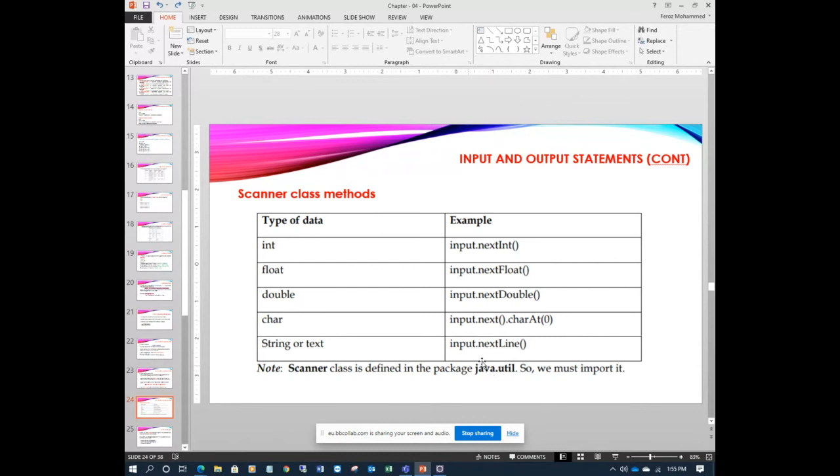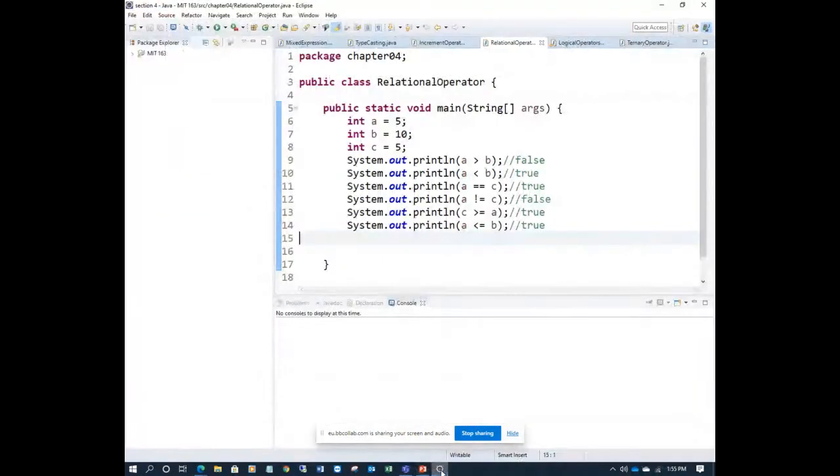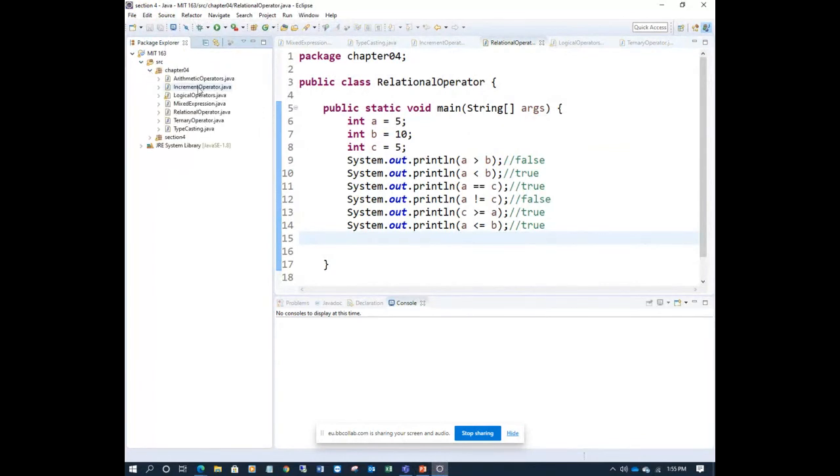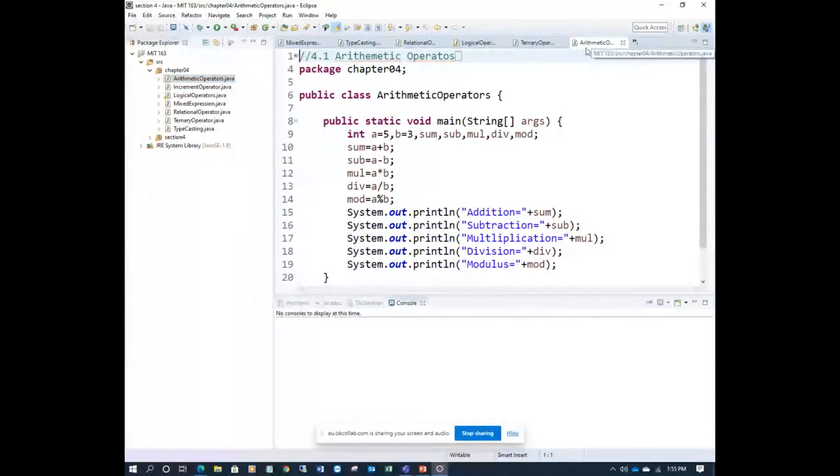This java.util is one package which consists of this Scanner class. Clear? Like we have seen in our program, this arithmetic program is a class.